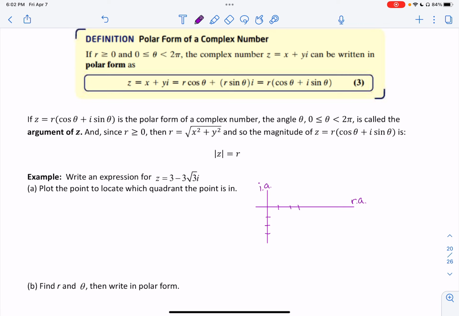So we'll put it down. I'm going to think, all right, I'll actually multiply it. Hold on. It's about 5.19. So 1, 2, 3, 4, 5. So I'm about right here. Okay, this is z equal to 3 minus 3 root 3 i. That i is outside of the square root. Notice this is in Q4,